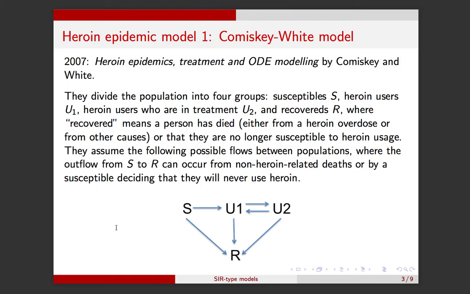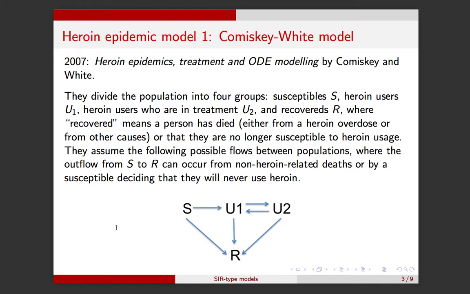Okay, so let's start with the first heroin epidemic model due to Comiskey-White in 2007. Back in 2007, people hadn't quite become comfortable with the language of opioid epidemics. However, people had noticed an uptick in heroin usage. We hadn't quite noticed that we were in the midst of an opioid epidemic the way we know that now, right? So this paper was, as far as I'm aware, the first SIR type paper